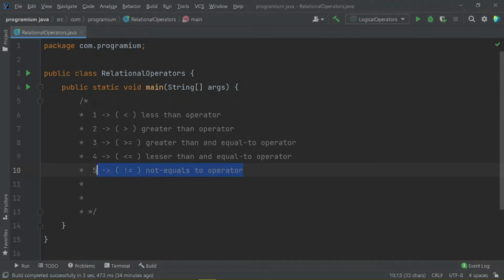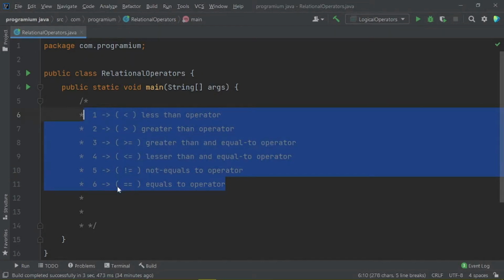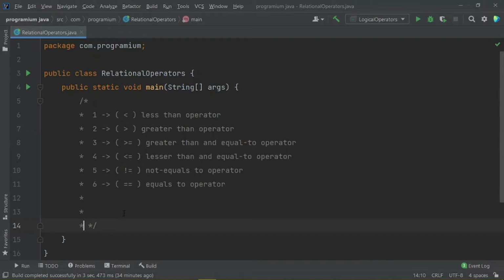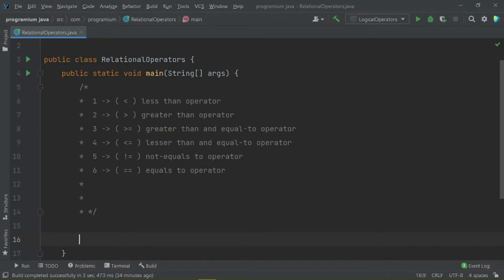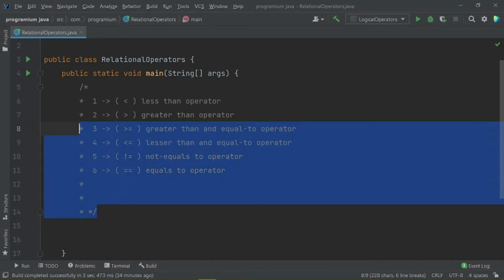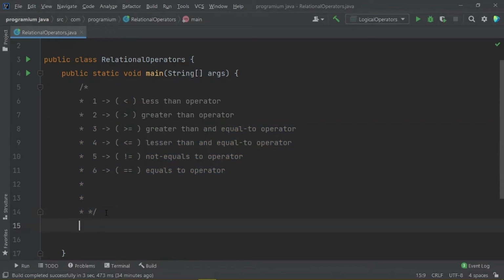Let me duplicate this line again, and this is our sixth one, the equals to operator. So guys, these are the relational operators, and we will see how to use them in our Java applications.